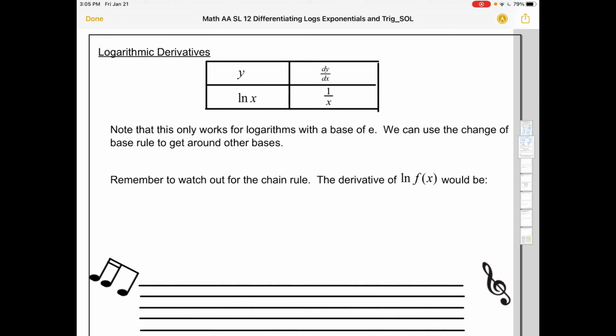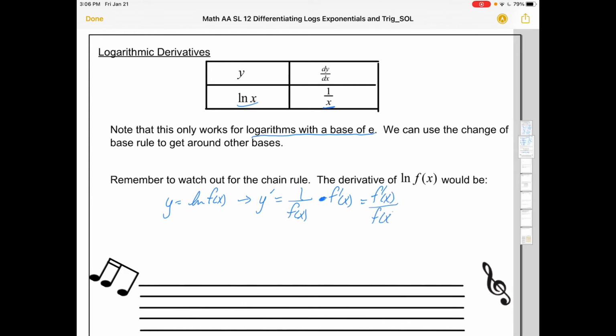So here's the rule for differentiating a logarithm. If you have ln x, its derivative is 1 over x. This is for a log with a base of e. We could use the change of base rule to get around to other bases, but this ends up being most slick with a base of e, or a natural logarithm. Remember to watch out for the chain rule. So if you had y equals ln of some function of x, then the derivative would be 1 over f of x times the derivative,